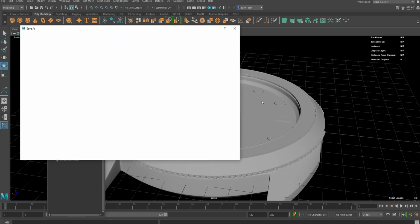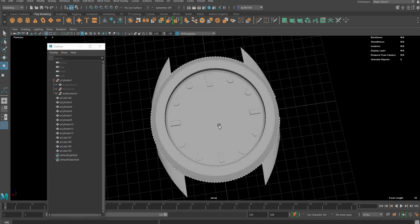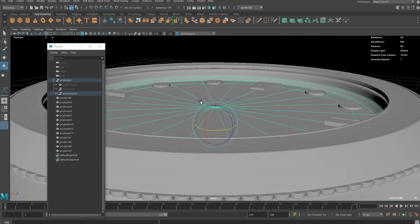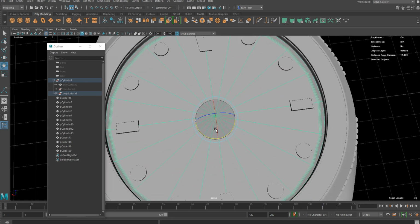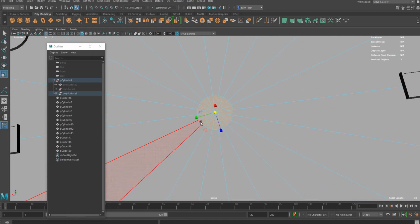And probably I want to save the scene now. I'm gonna call it watch. Cool. And now I just want to add more details to the dial actually, so I can just go back to the original view rather than smooth preview, and I can extrude it again and scale it down to make a little hole there,